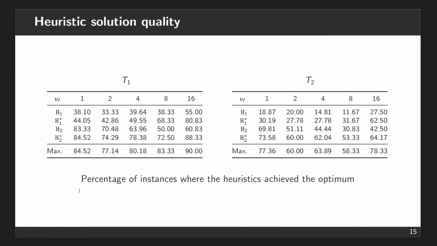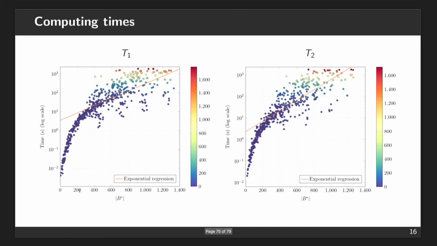As for the impact of the heuristic, just look at the last line, using all the heuristics, and you see that many times the heuristic is very successful. It had just 60 seconds to do that, and more or less 80% of the cases were solved for T1, and for T2 a little bit less. Again, the instances where you have larger degrees are more difficult.